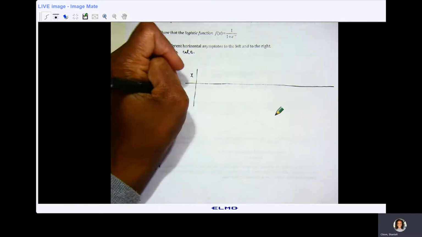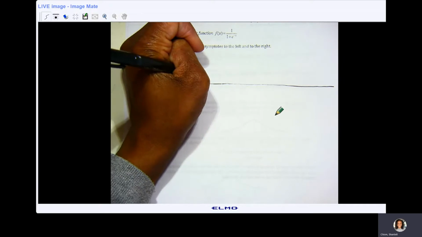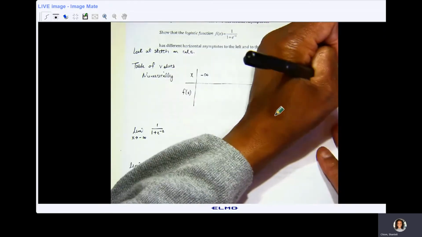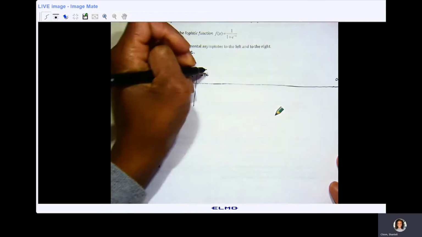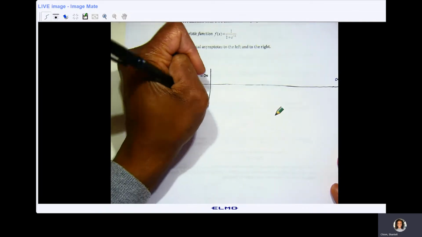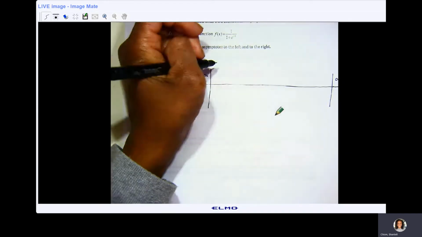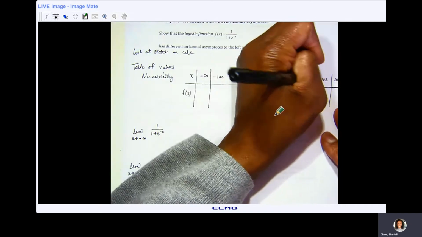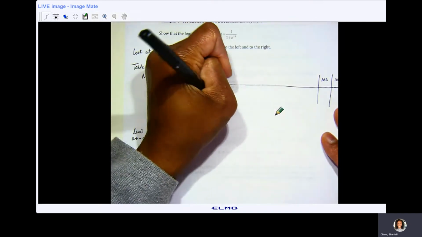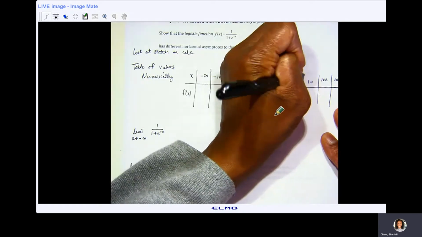So we're going to look at a table to see what's happening. I'm going to look at it from the negative infinity way and the positive infinity way. Now I probably won't actually have values for positive and negative infinity. What we'll be looking at, let's say, is negative 100, and positive 100, then negative 10 and positive 10,